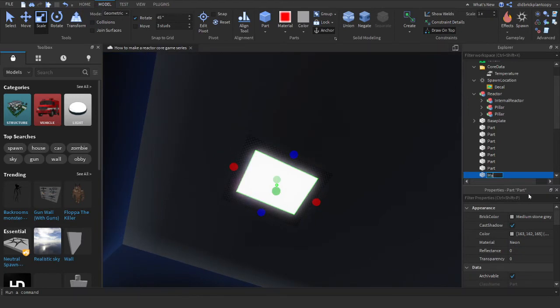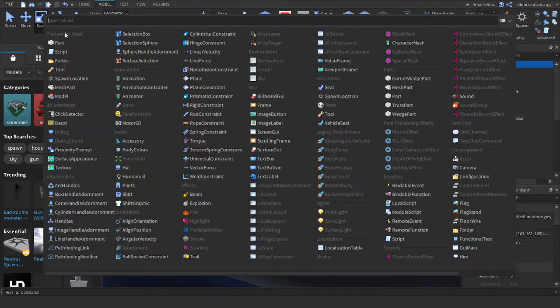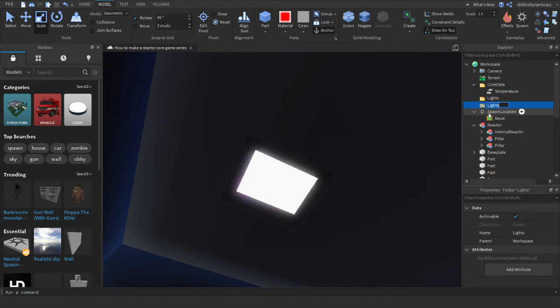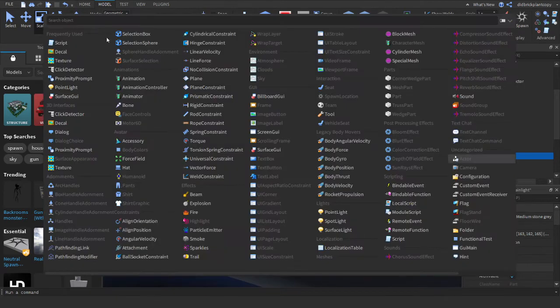We're gonna name this main light. Oh wait, we're also gonna make a folder called lights, and one called doors. Alright. Now we're gonna add